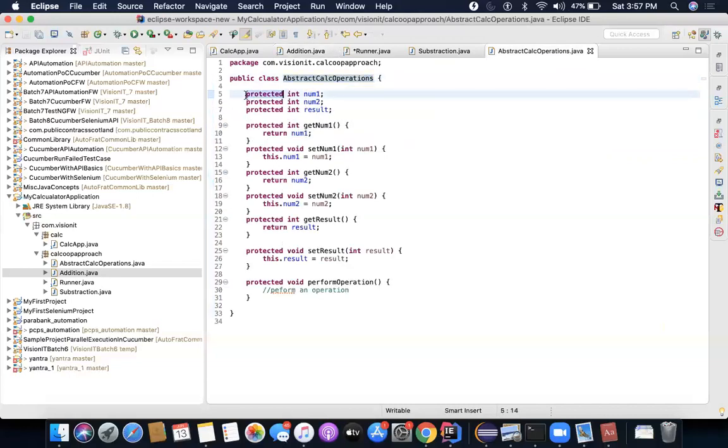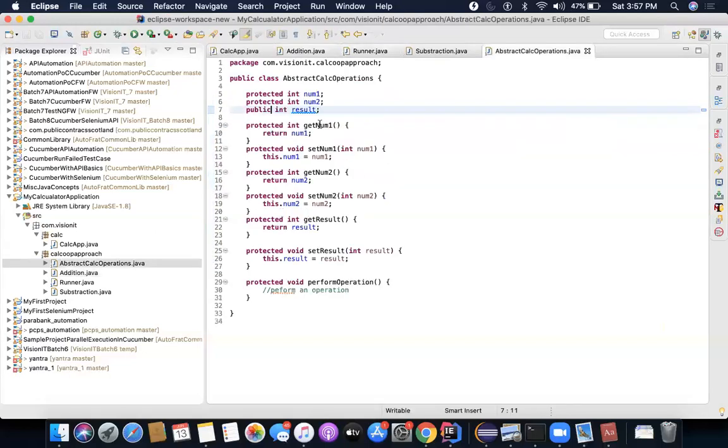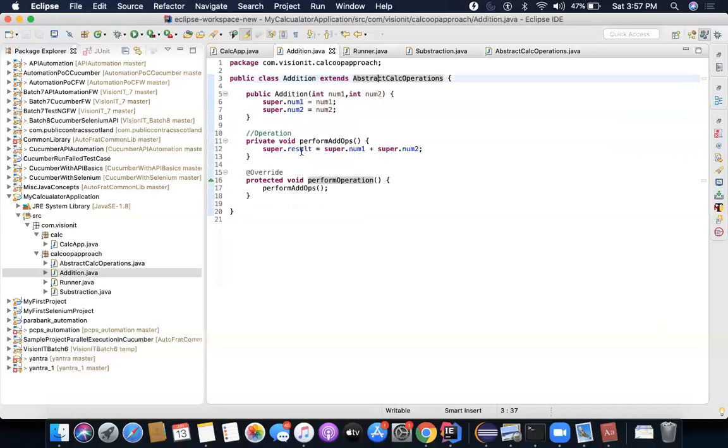Instead of declaring protected, if I use public, is there any difference? So let's do that. I have marked this as public. This is the parent class, and here I'm using result, so it's super dot result. I can access it. So there's no difference, right?